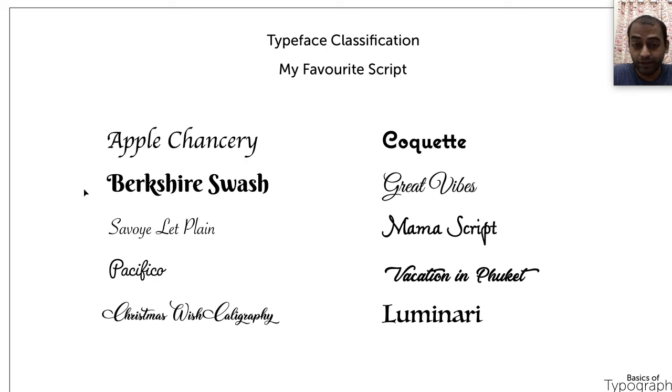So in all these fonts, if you ask me which of these script-based fonts are more legible and clear, I would suggest Apple Chancery is legible and clear. Bexway Swash is again legible and clear. It looks great for heading, and Pacifico is again legible and clear. And coming last is Luminary. Luminary is legible and clear. Apart from that, the others will not be that legible and clear, and we can't use them for paragraph text. All these fonts we can't use for paragraph text.